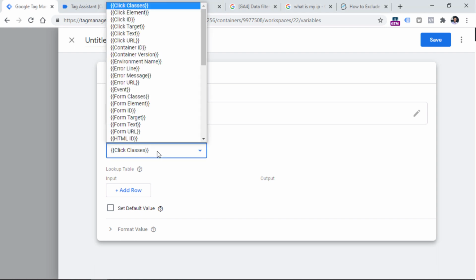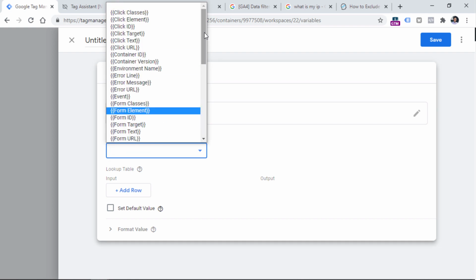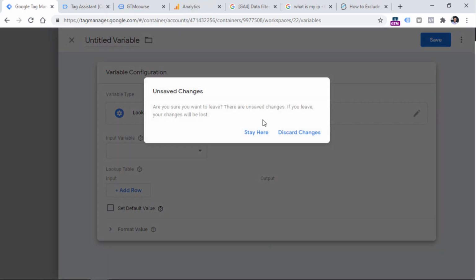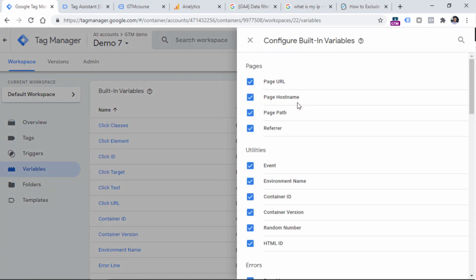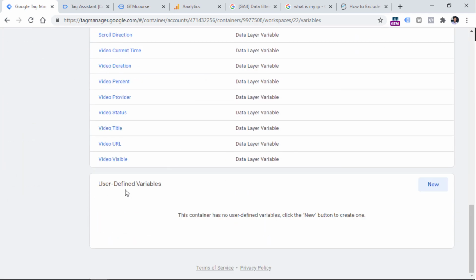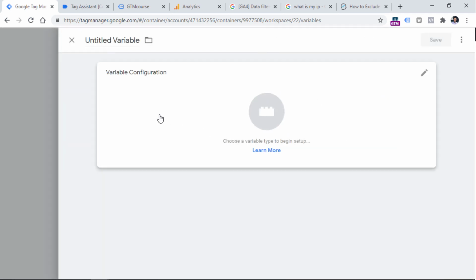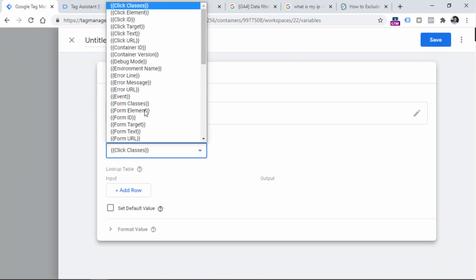So in the input variable field right here, click, and then you should be looking for a variable called debug mode. This variable is a built-in variable in Google Tag Manager. However, by default, it is disabled. So if you cannot find the variable right here, it means that it is not yet enabled in your container. So you should close this variable, then go to the built-in variables, click configure, and then enable the debug mode right here. Then let's create the lookup table variable once again, click new, variable configuration, and then click lookup table,